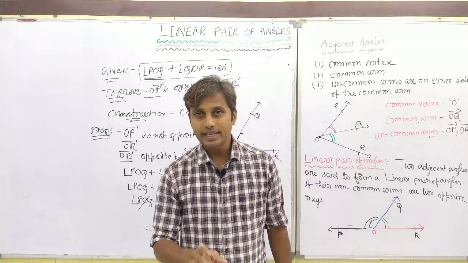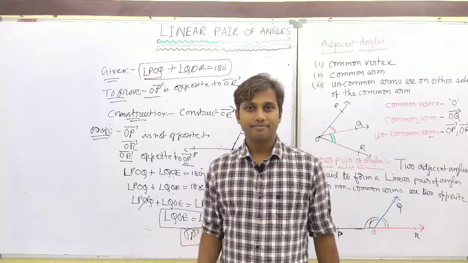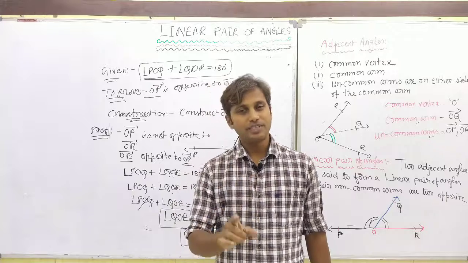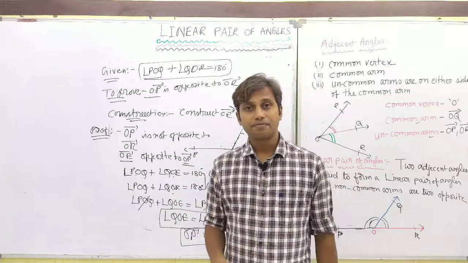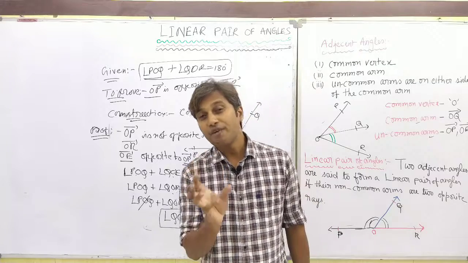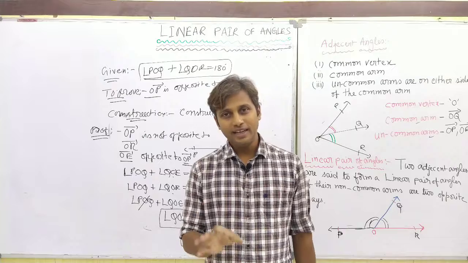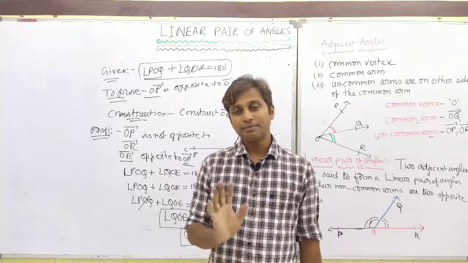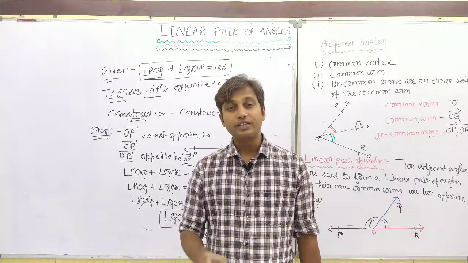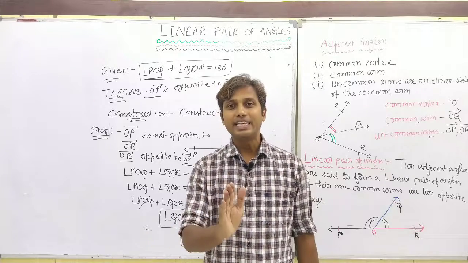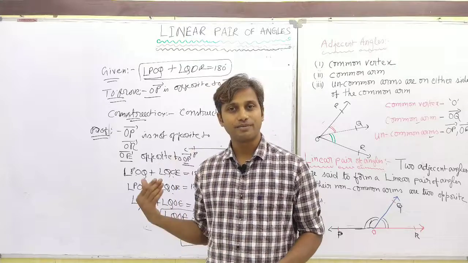So what is our conclusion with these two statements of theorem and converse? These two angles are adjacent and their sum is 180 degrees. Is that right or not? Their sum is 180 degrees, confirmed, and they are compulsorily adjacent angles. That means the sum of the two angles is 180 degrees. Those are called supplementary angles, and they are adjacent too. If two angles are adjacent as well as supplementary, then those two angles are called a linear pair of angles. This is my conclusion about this theorem.